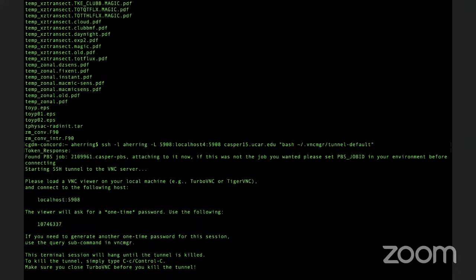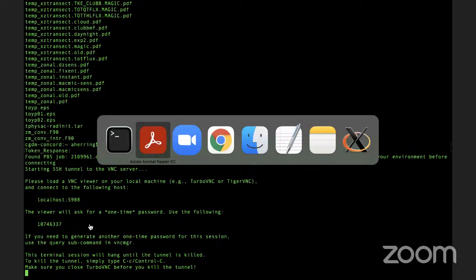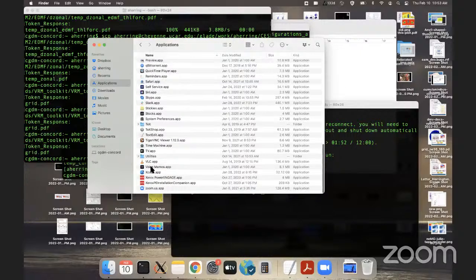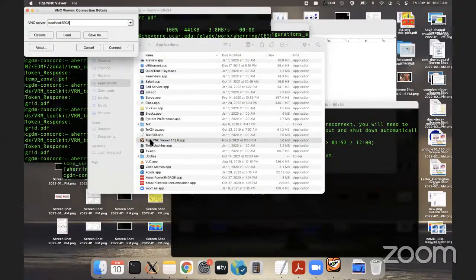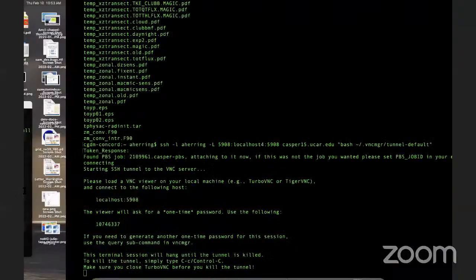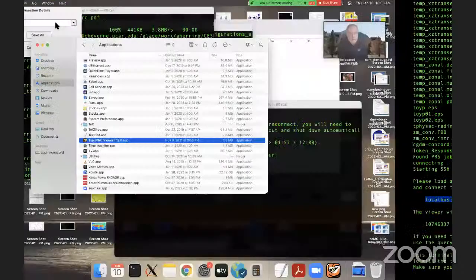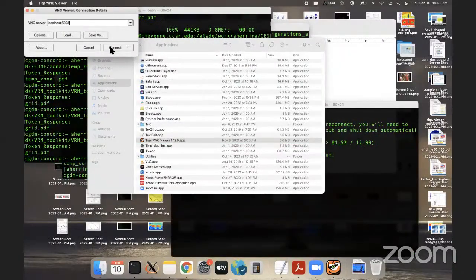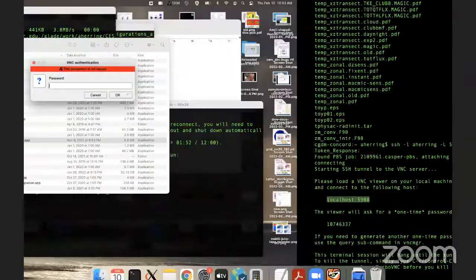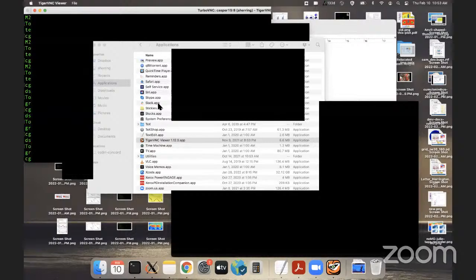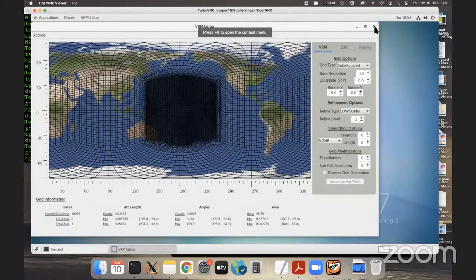And there it goes. Now it's giving me credentials for the Tiger VNC. I have already downloaded Tiger VNC, so I'm going to open it up. It's going to ask me for the server, and that is provided here. I'm going to paste that in there. Connect. Now it wants a password. Well, that's given right here. And looky that, it opened up